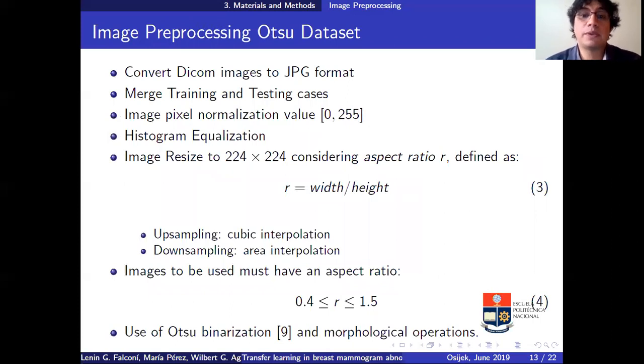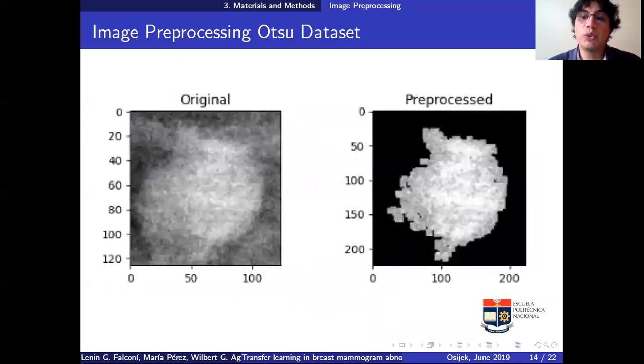These are the steps for what we call the Otsu dataset, where we additionally use the Otsu binarization algorithm and the opening morphological operation in order to reduce breast tissue in the image. Because one of the questions we had was whether the image, as it's given by the dataset with the breast tissue and the mass inside of it, will perform better than